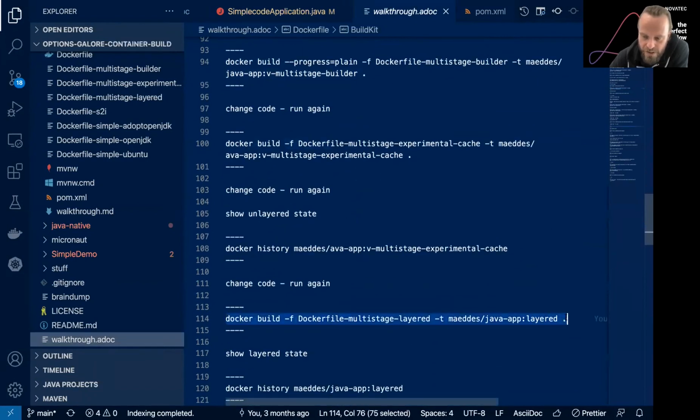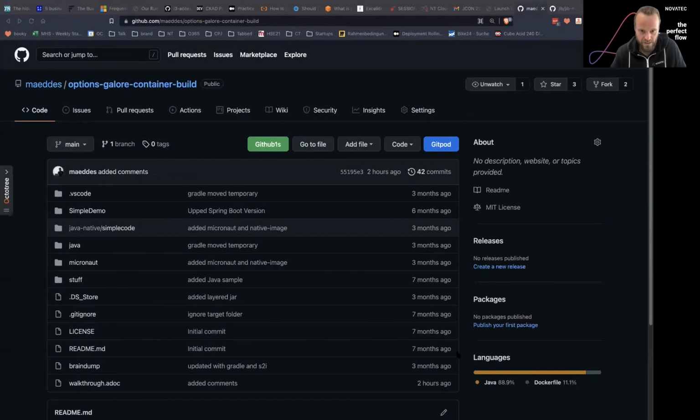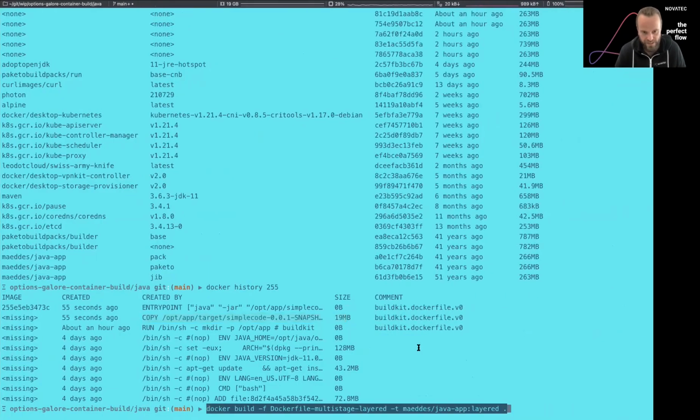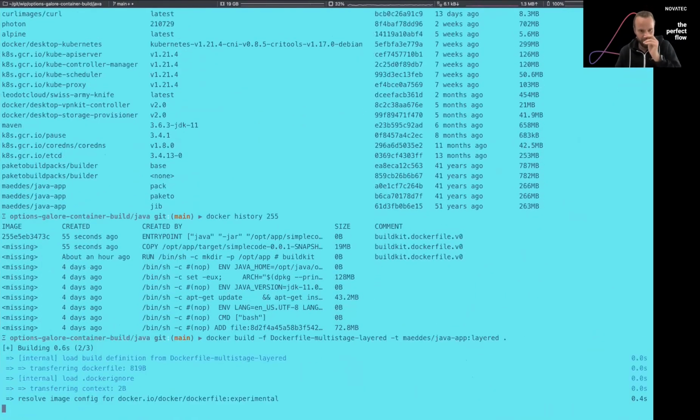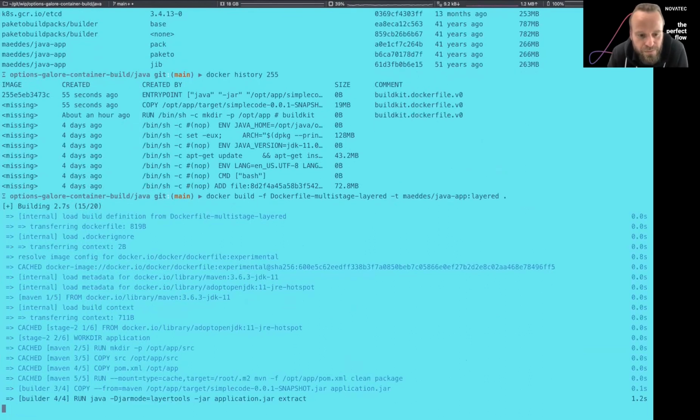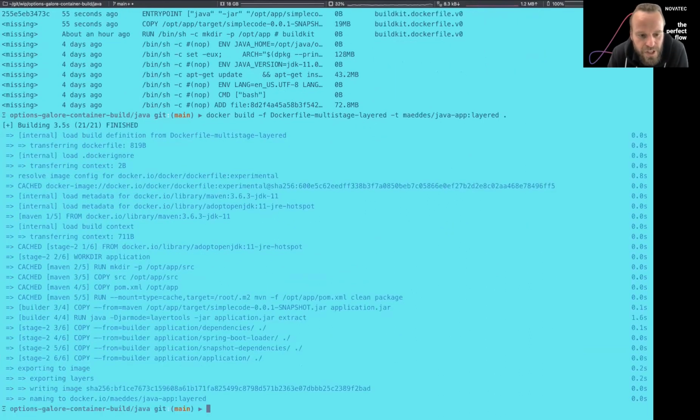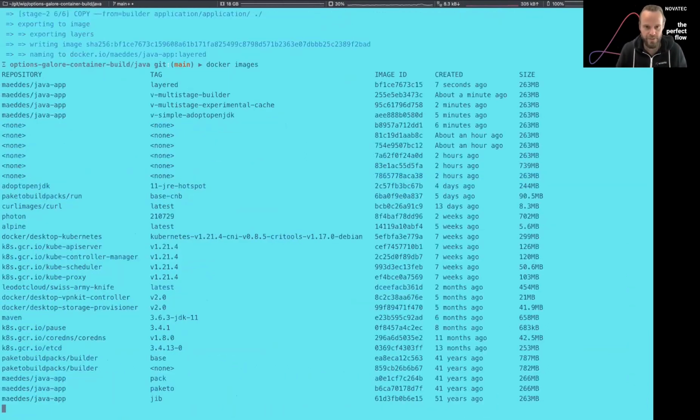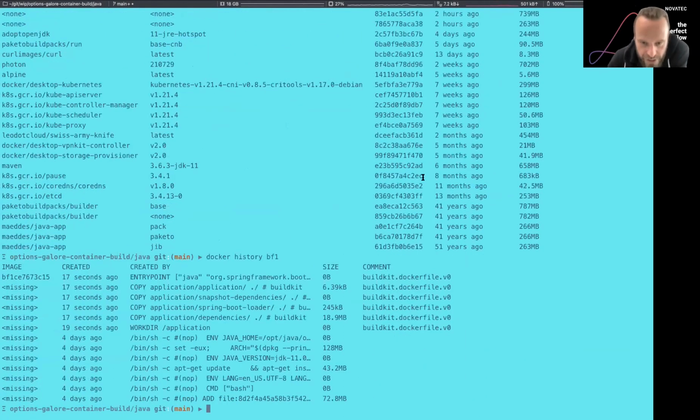So this might also take a second. I'm going to try that. Okay, this was fairly quick because it had something cached already. So if I look at that image, this is like the layer 1 here. So I do a Docker history on F1. We can see now that there is a separation here.